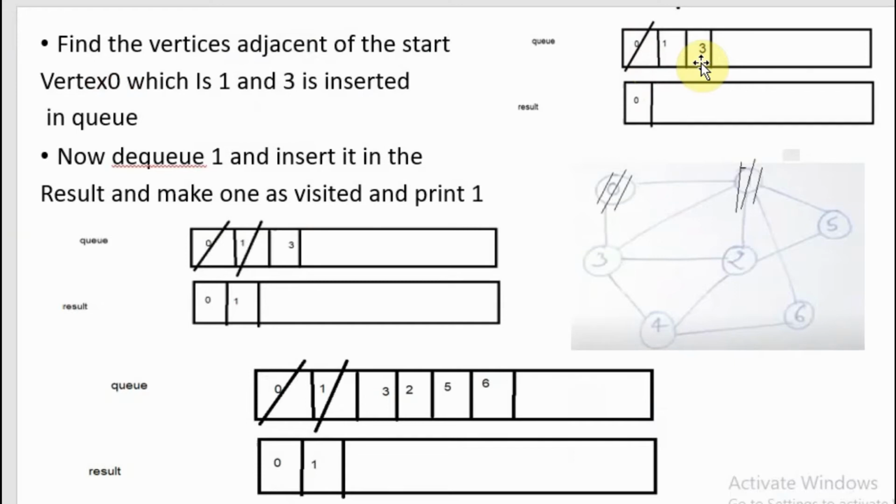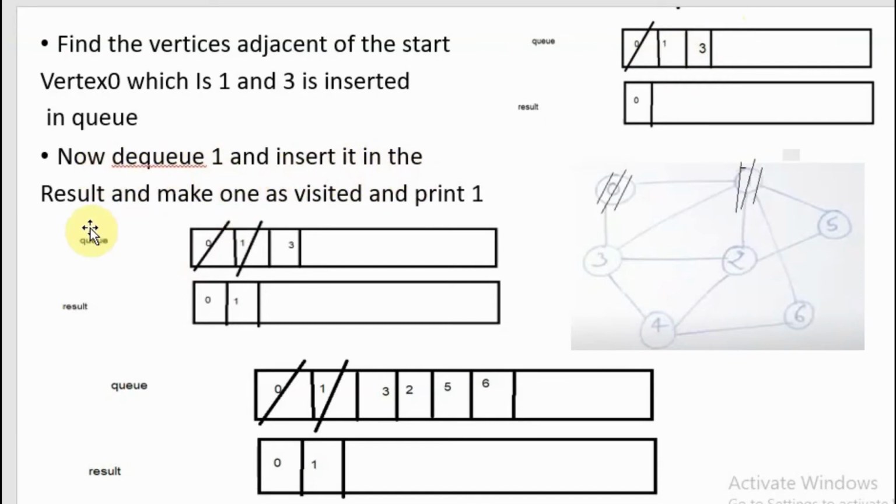Here there is no particular ordering of the insertion into the queue. You can insert even 3 or 1. Whichever order you insert into the queue, that particular order will be followed in the BFS traversal. So there can be numerous BFS traversals for a graph. Now you have to dequeue the next element from the queue.